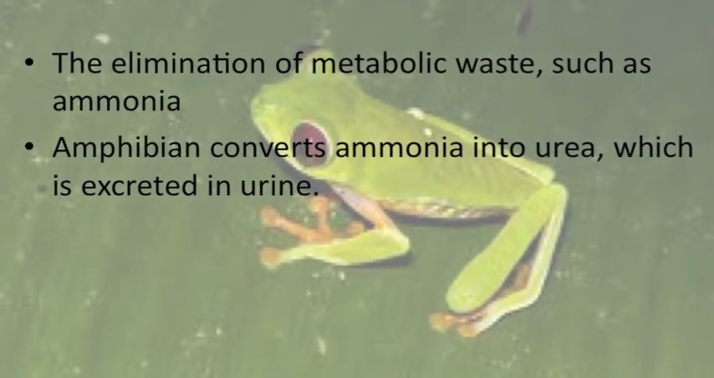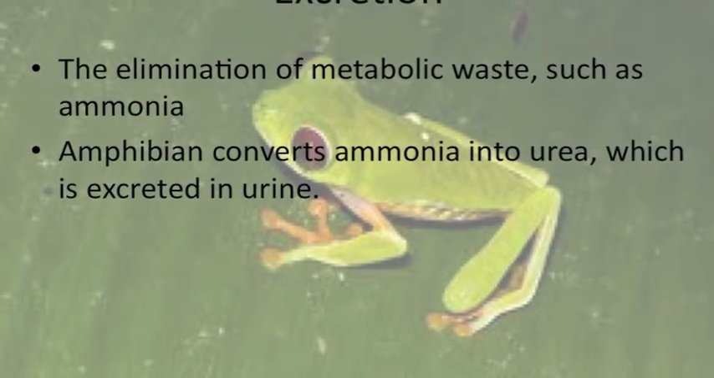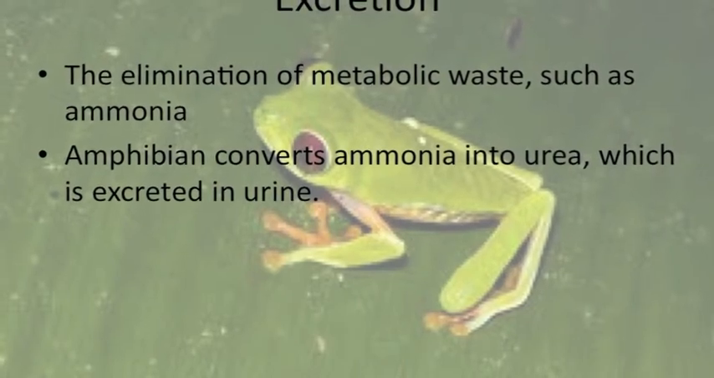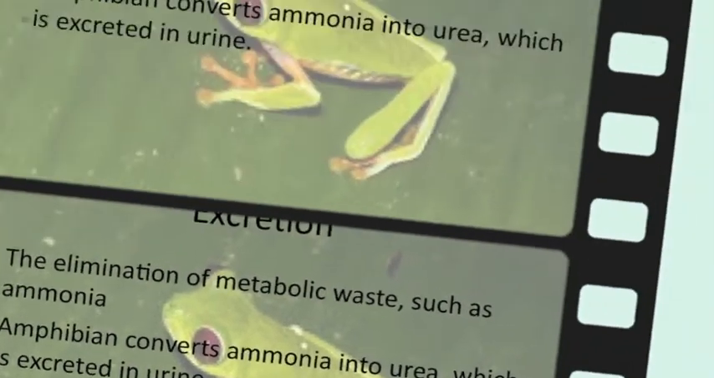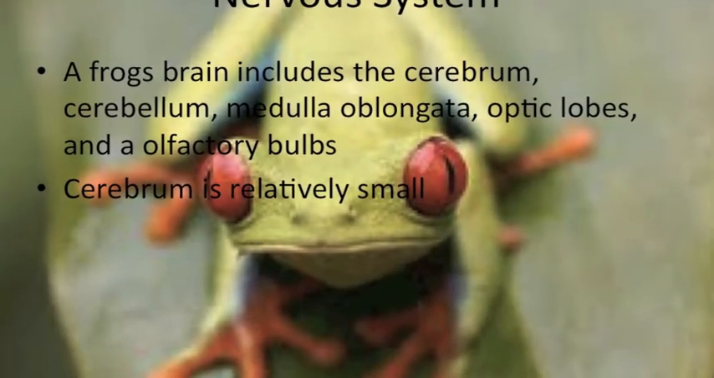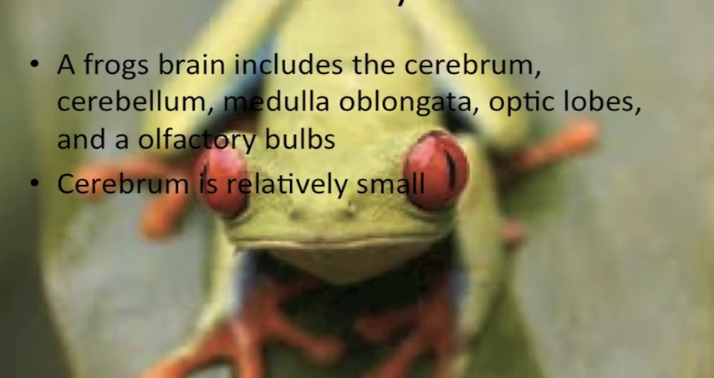Excretion. The elimination of metabolic waste such as ammonia. Amphibians convert ammonia into urea, which is excreted in urine. Nervous system. A frog's brain includes the cerebrum,